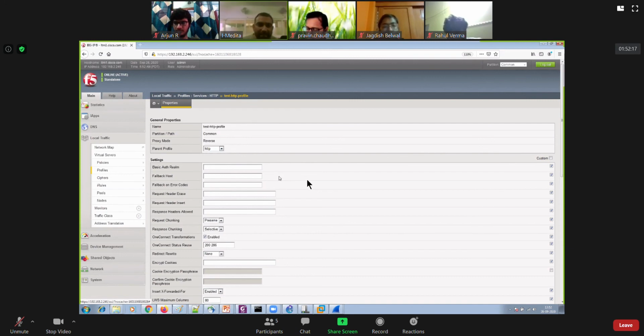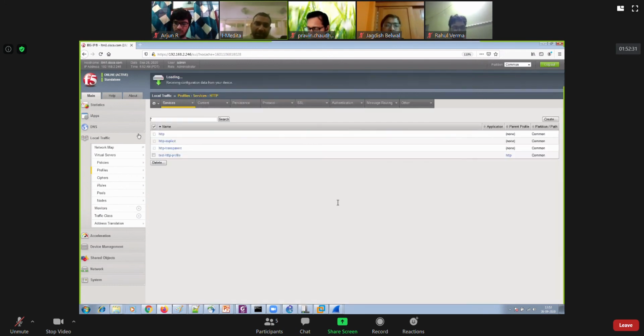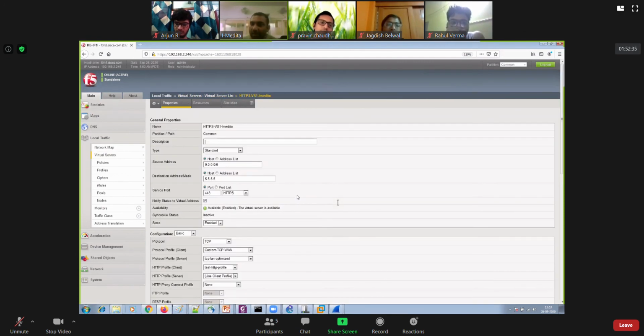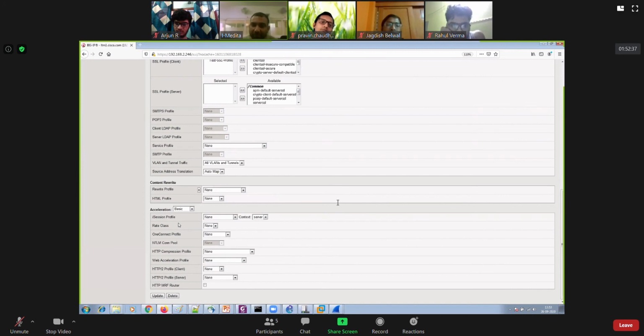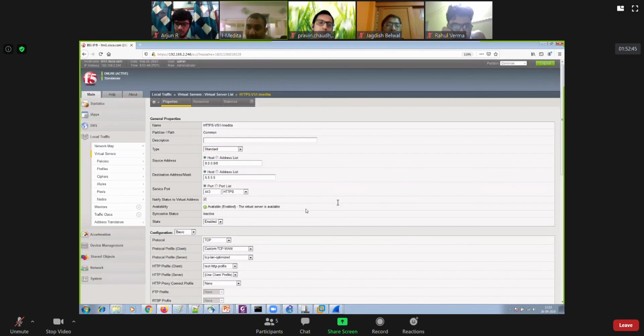So guys, I'm done with the HTTP profile. The next profile I'm going to continue with is HTTP compression. If you really want to perform HTTP compression, then make sure that the HTTP profile is attached to your virtual server. For example, if you go to the virtual server and you want to enable HTTP compression, go to Acceleration, and you have this option available. By default, it's not there, but this option is available because the HTTP profile is already there.